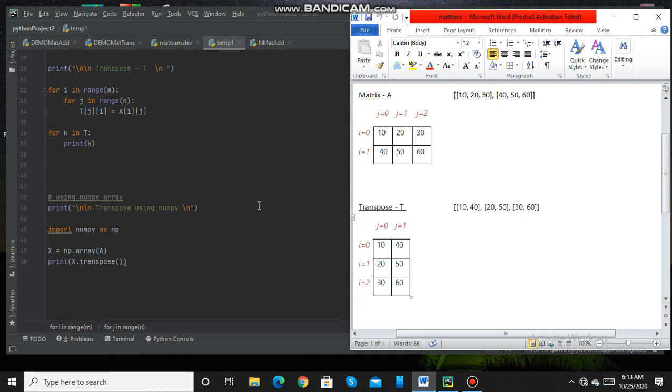Now if you want to create real arrays in Python, you need to use NumPy's array data structure. For that, first you have to install NumPy. Then here in the program, you have to import NumPy as NP. Then after that, here we are creating a NumPy array X using the same matrix which we have already created, and then we are transposing that matrix. So the result will be same. Now let us execute this program and see.